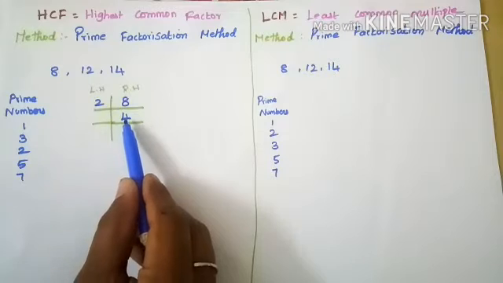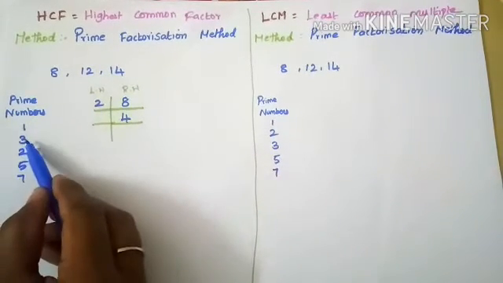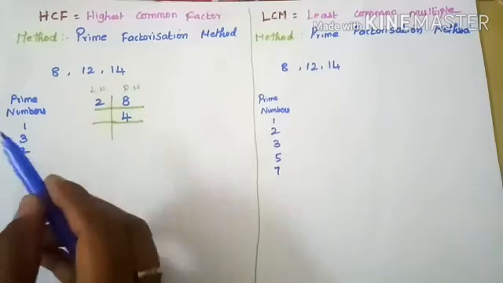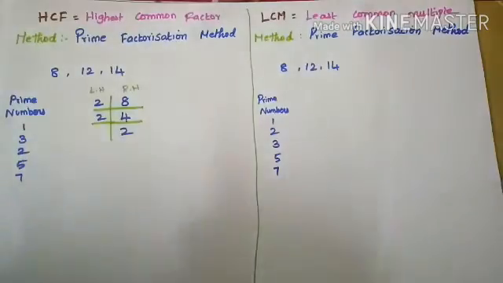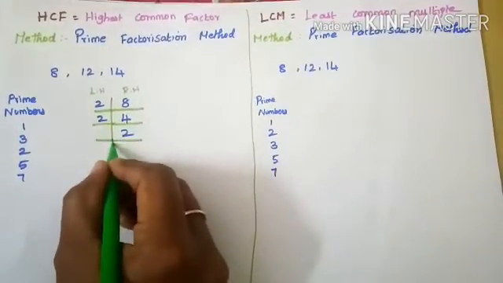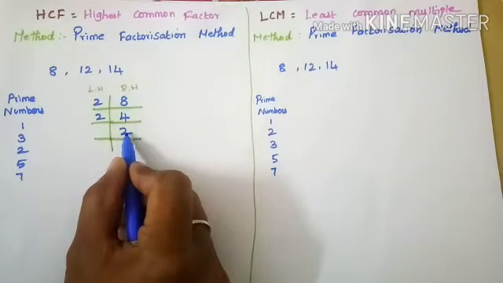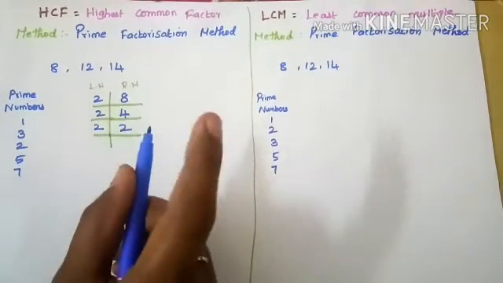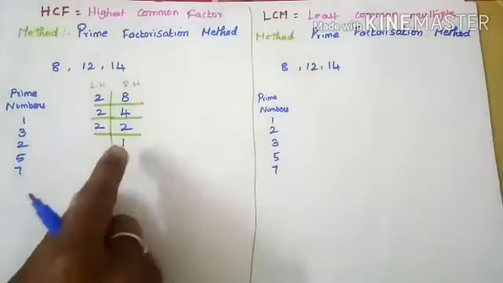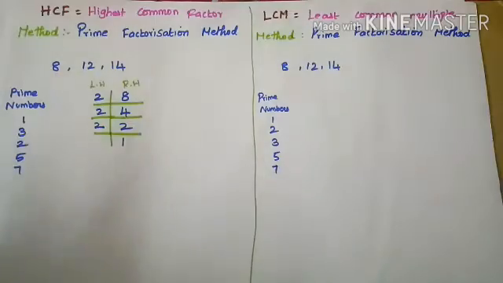So here look at the second number. What is the second number? Sorry, 4. So 4 is easily divided by which table? 3 table? 2 table? Yes, 2 table. How many times? 2 times. So draw one more box. Here 2, right? So 2 is easily divided by which table? We know that 2 table. How many times? 1 time. So when we get 1, we stop drawing the box. We move to the next number.